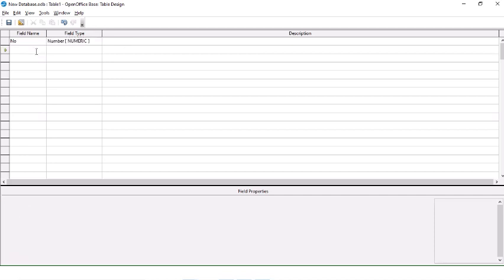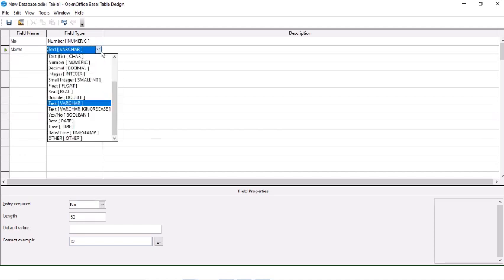Next is name. We are going to write name, and here you can see text. Yes, text or alphabets you want to enter, so we are going to select text. Look here, there are more data types: text, number, digit, decimal, integer, small integer, float, real, double, yes/no, date and time, and other.